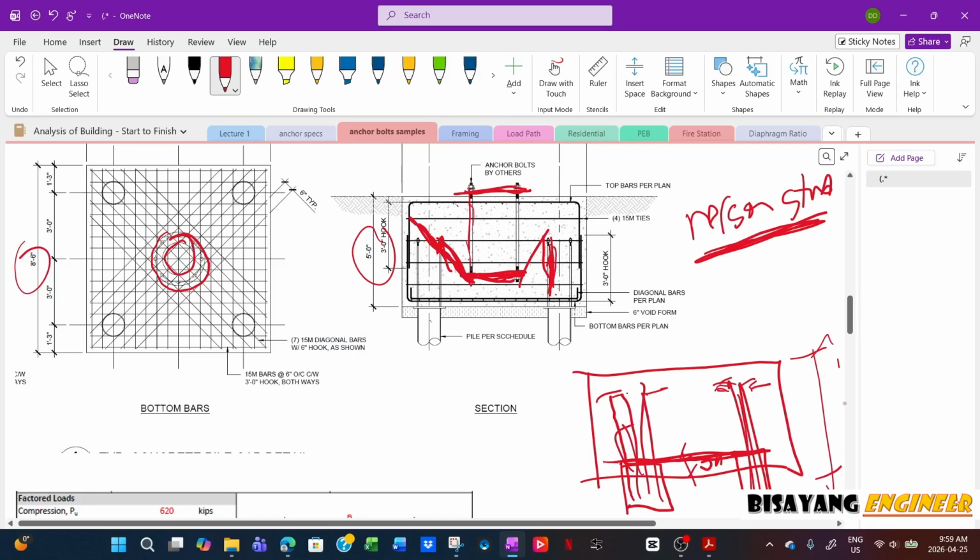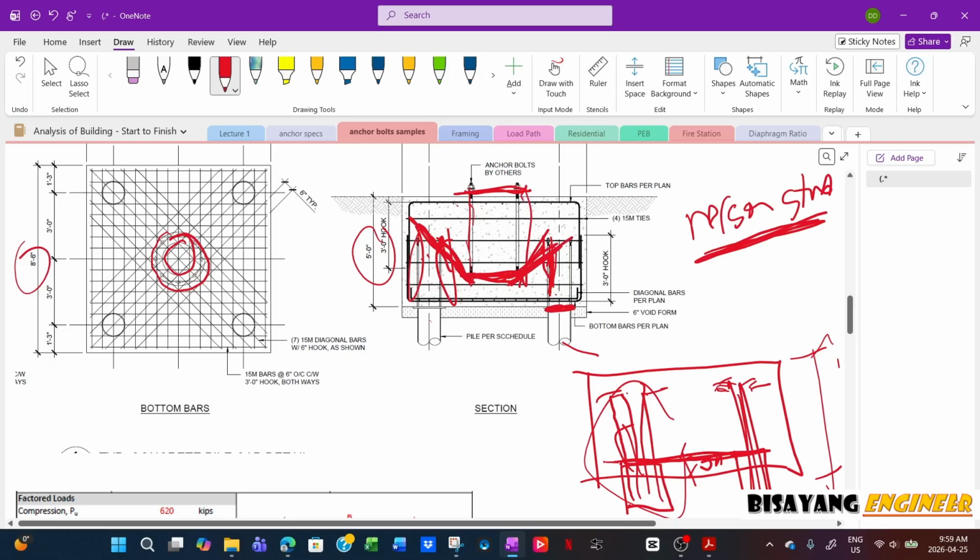So extend that one. So that should serve the same purpose as this one. But for this particular project, this is a screw pile. This is a pile cap plate. So there's really no way of extending it, the same as this one. So all you have to do is weld a threaded rod on top of the plate and then extend that long enough, high enough so that it will intersect with the shear plane